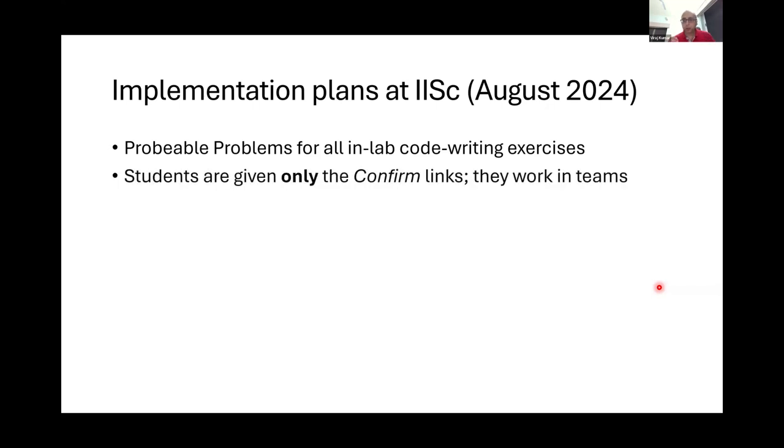But we're going to give students the links in the reverse order that we just gave you, right? So firstly, we're going to give the students only the confirmed links, and we're going to ask them to work in teams. We think this is also very helpful, very realistic, reflective of the real world where students will work